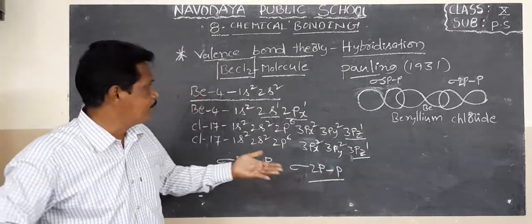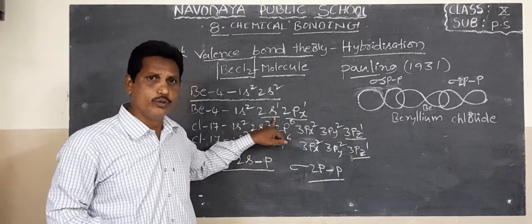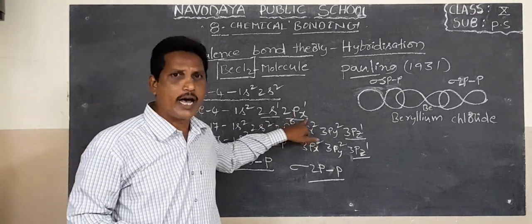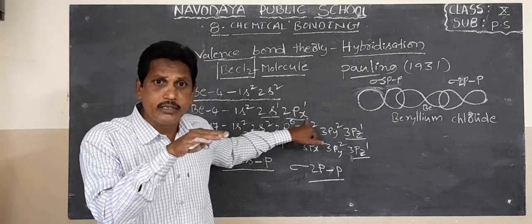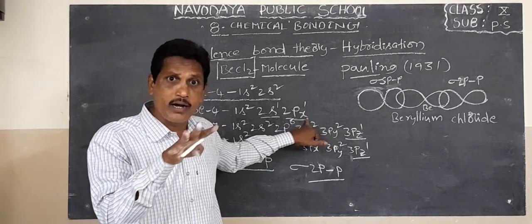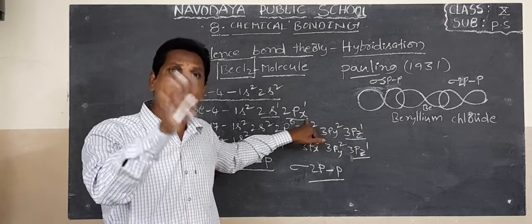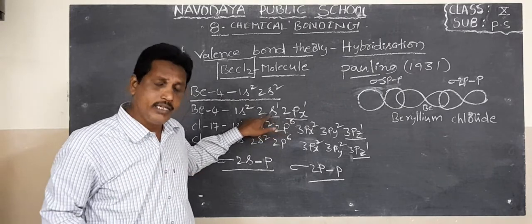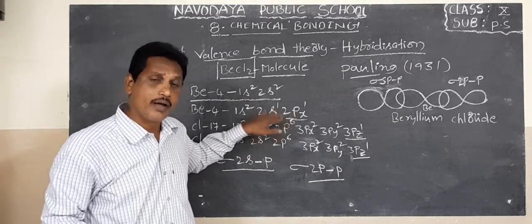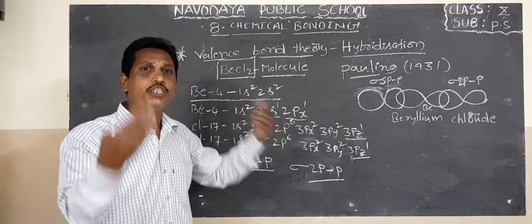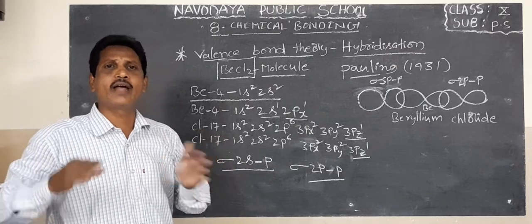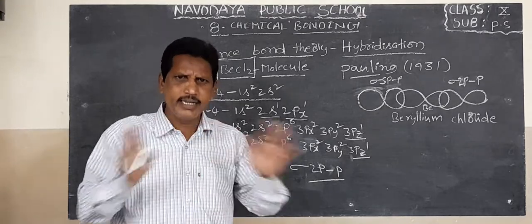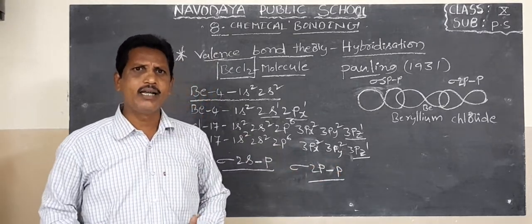In the case of beryllium, one electron goes from 2s to the 2px orbital. This is the redistribution or reshuffling of atomic orbitals. These atomic orbitals belong to the same main shell, the second shell, and both s and p have equal energy. The redistribution or reshuffling of electrons among atomic orbitals of the same main shell of an atom is called hybridization.